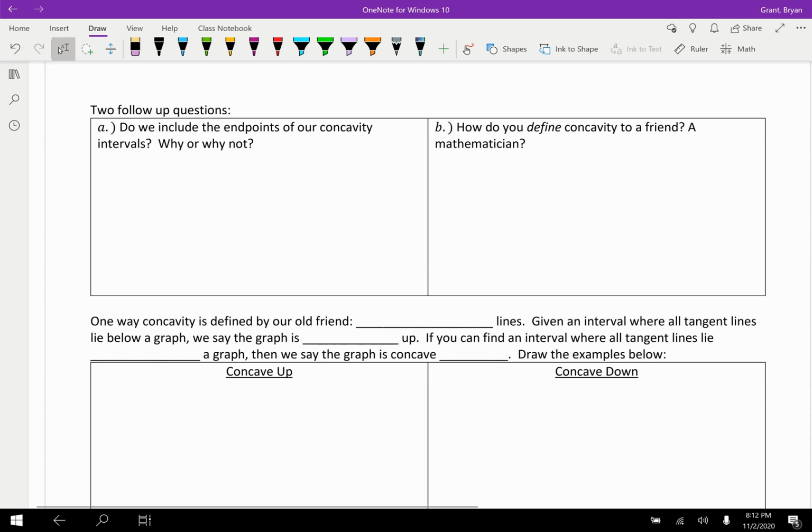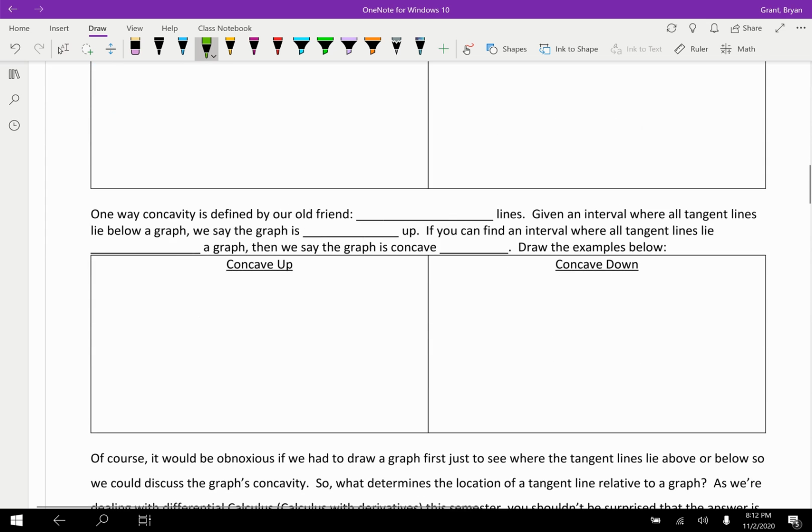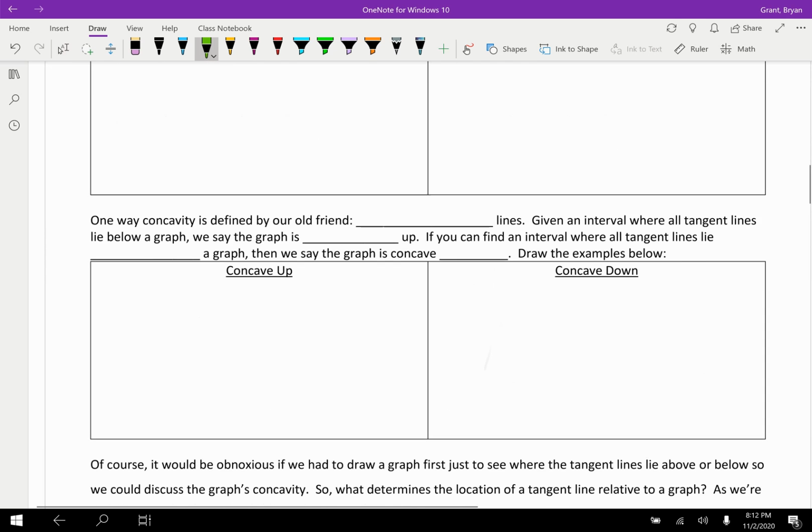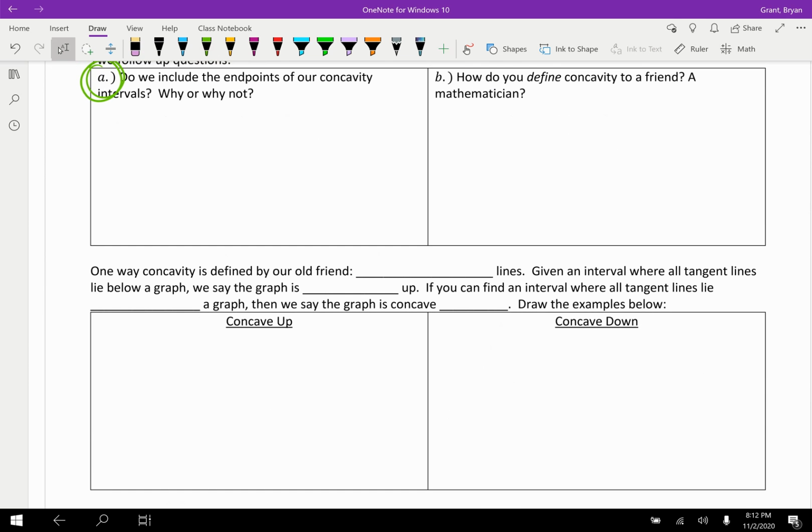I mean, can you relate it to slope, to calculus, to something outside of calculus, whatever sounds good to you. So see if you can think of a fun way, and if you do think of a fun way, let me know. But hopefully you've had time now to describe that concavity again. I'll get back to those endpoints, but let's go ahead and define concavity in one way that we've kind of